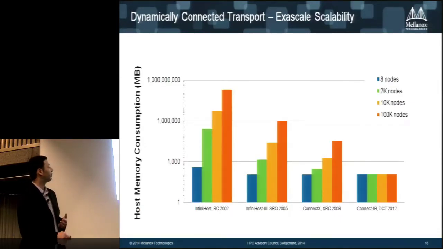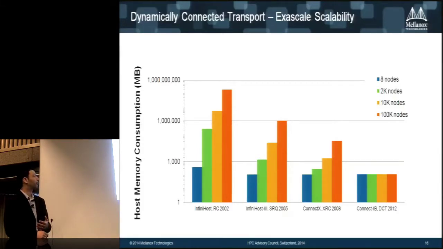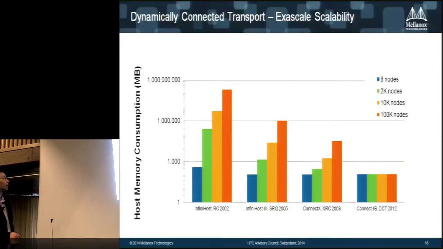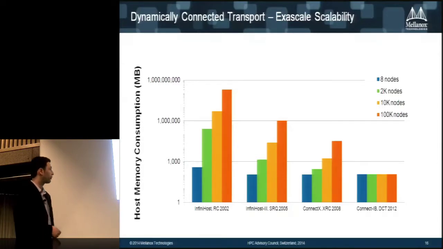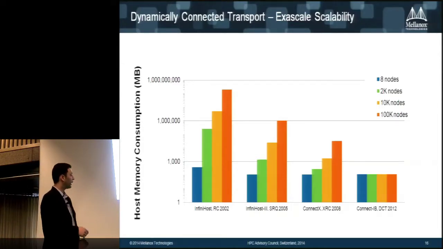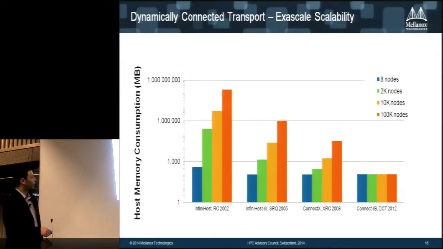In this graph, you can see the demand for memory pinned down just for communication. So you can see, with reliable connected, if the cluster is small or going to 100K nodes, then this thing exponentially grows, and this was definitely not an option. And then we added shared receive queue, which again pushed down the numbers, but the numbers still are